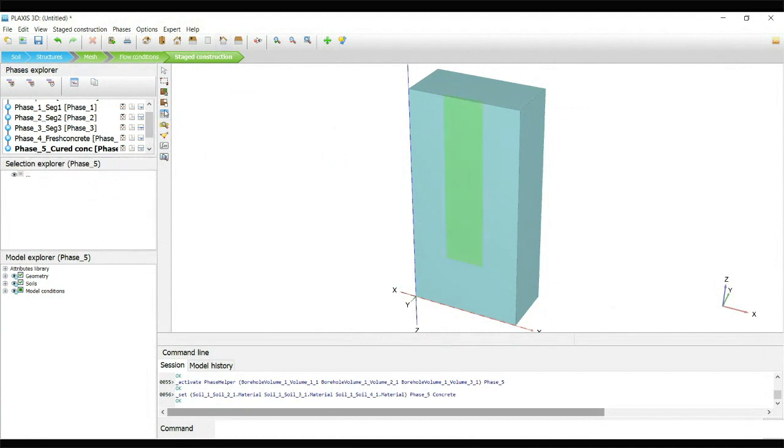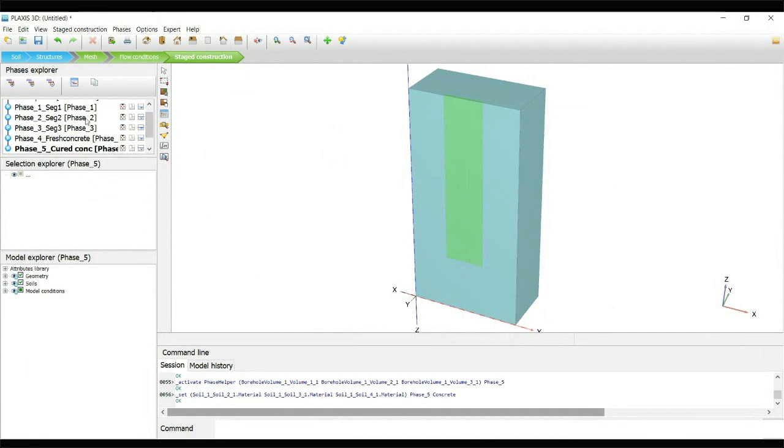For concrete there is a dry weight, so no water condition is applicable, because our concrete property is non-porous, so the program will not consider the water pressure. Okay, so now we assign concrete. Now you see there's a difference between the soil and concrete color that we can identify.